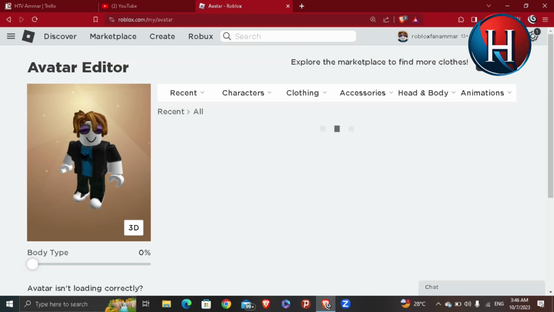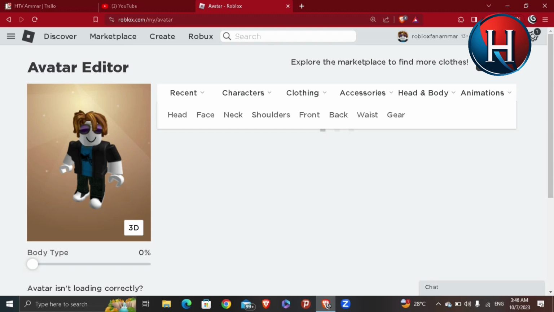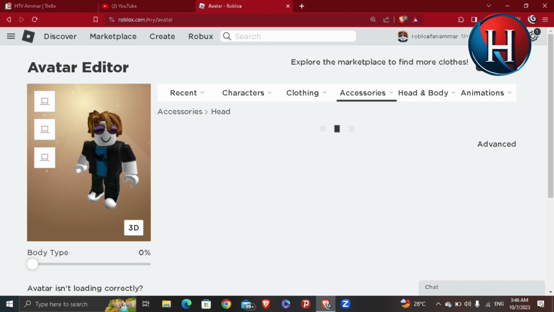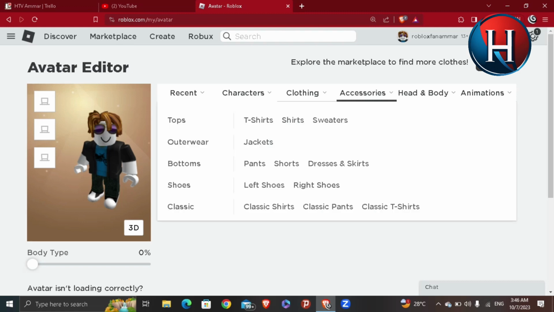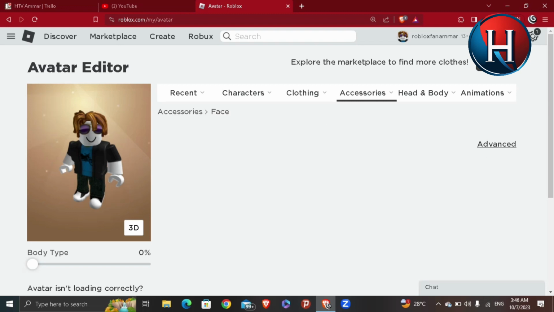And the next one, you're gonna see right here in the clothing, we're gonna navigate through the clothing, and you will see right here head, face, neck, shoulders, front, back, waist, gear. So if you went to our head, you will see right here I don't have these items, okay, because I don't have the advanced settings, or I haven't bought anything. And here if you navigate through the face, you will see multiple shapes and sounds. You can choose either of them to apply it to